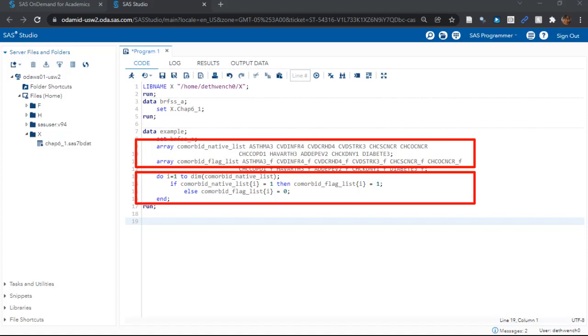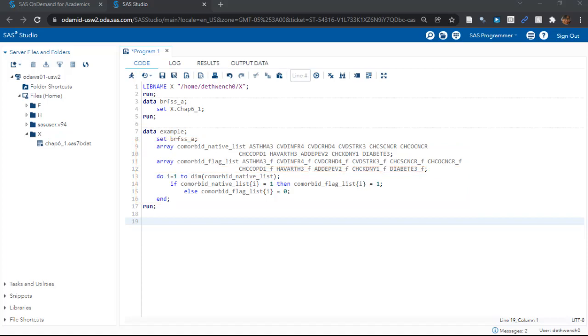See these two chunks of code? The top one contains our arrays. The bottom one is a do loop that uses the arrays. Let's start by just looking at the array coding. See how these start? The first one says array comorbid_native_list. And the second one says array